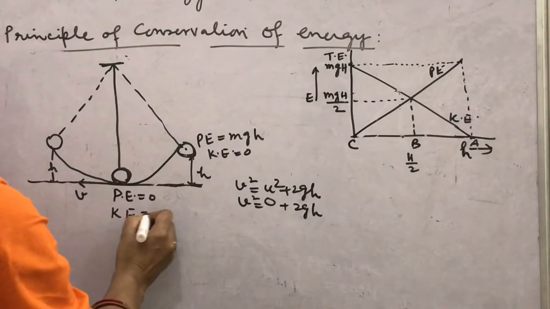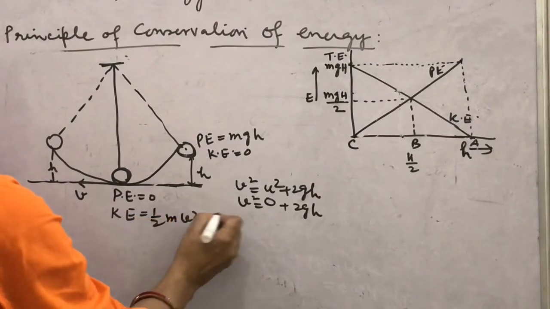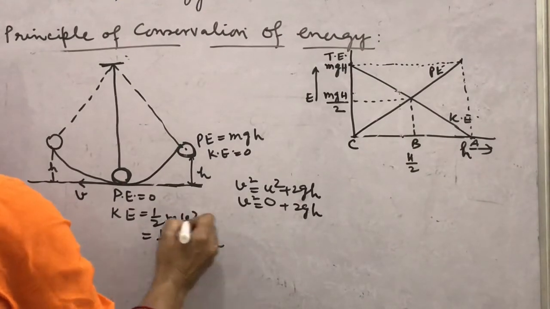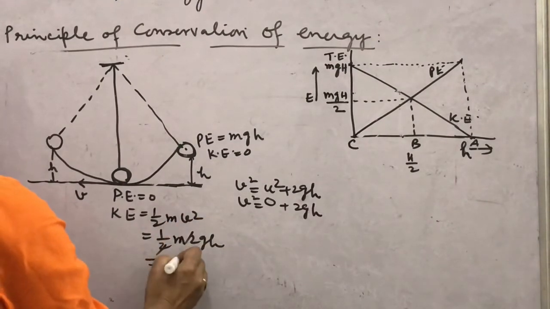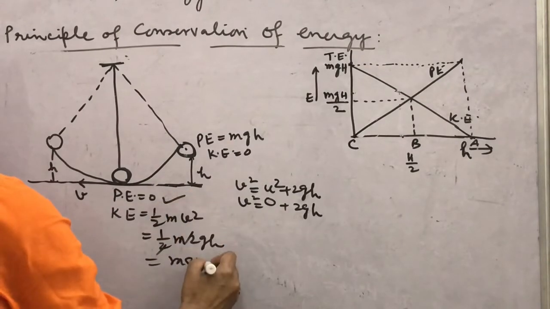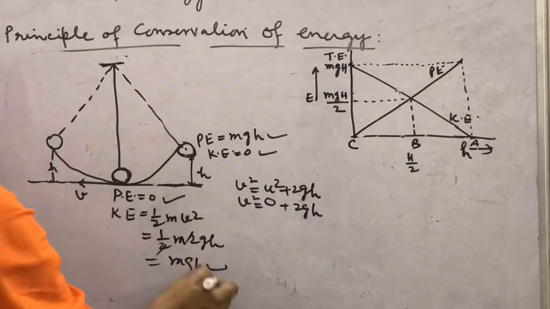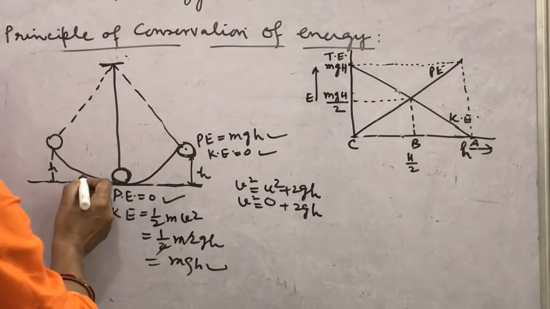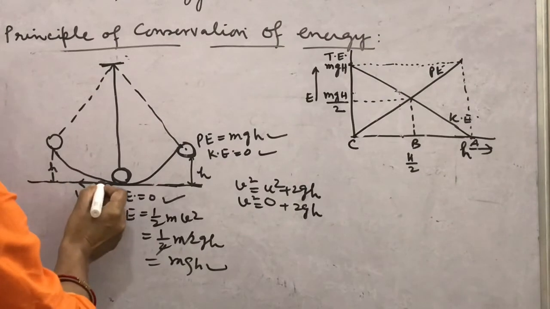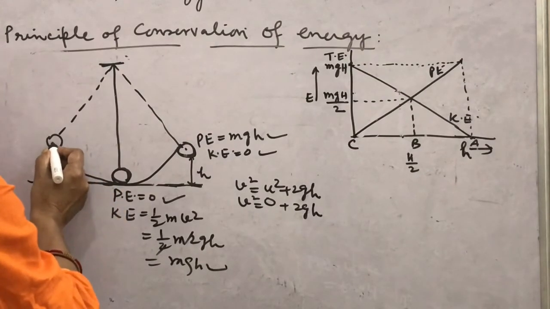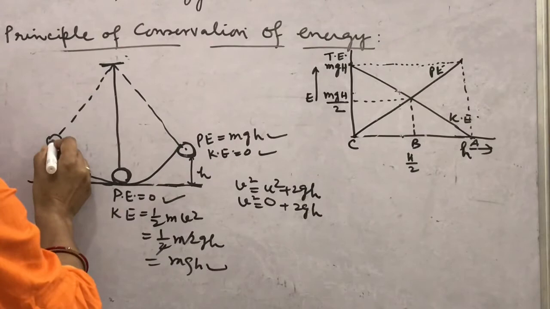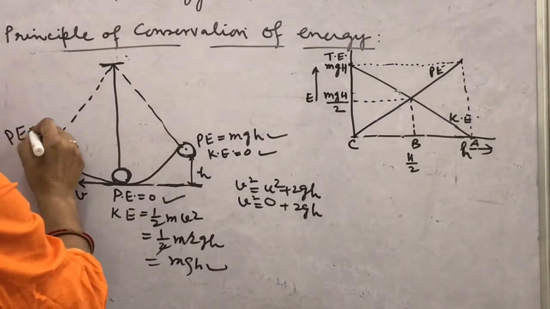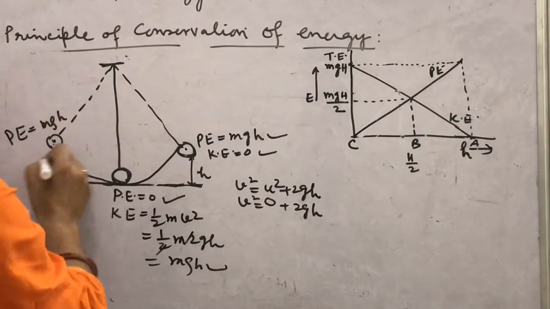Here you find the pendulum has velocity, but no height, so potential energy is 0, but kinetic energy, you know what is the formula? Half m v square. Put the value of v square, what will you get? Half m 2gh. Then again you will find the potential energy and kinetic energy sum is the same, mgh. Same is here: again with the velocity v it goes and attains height, then its velocity decreases and at this extreme position its velocity becomes 0, but it attains a certain height, then potential energy becomes again height into mg, this is mgh.